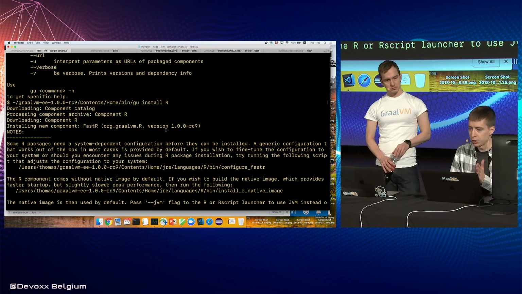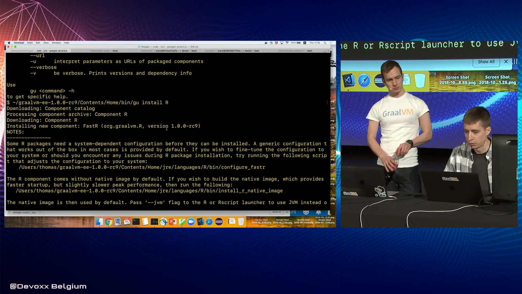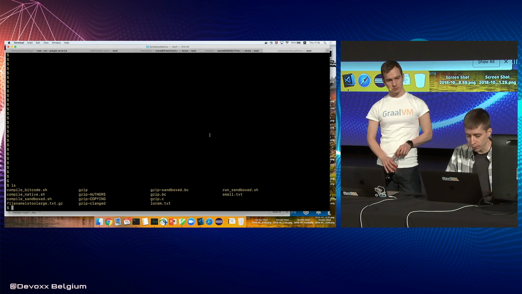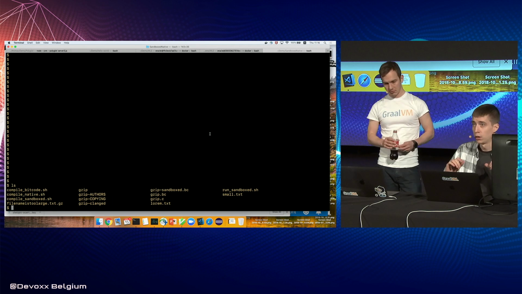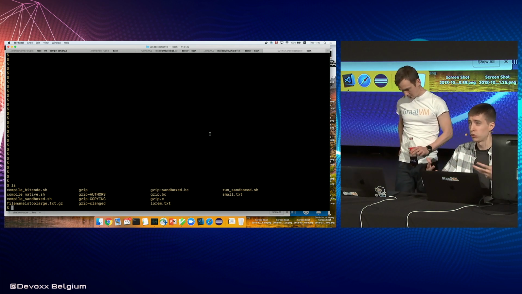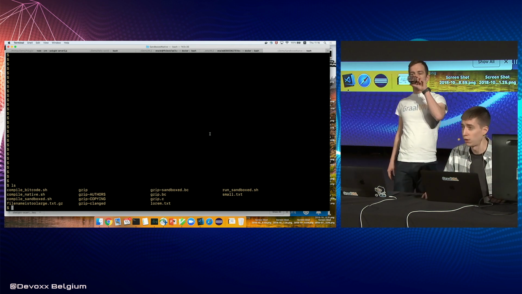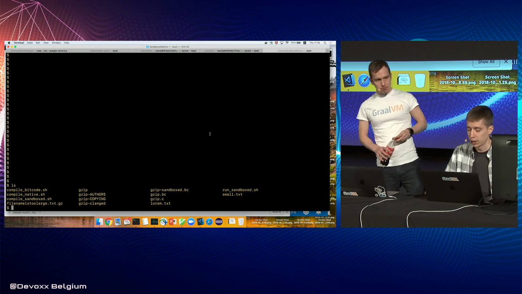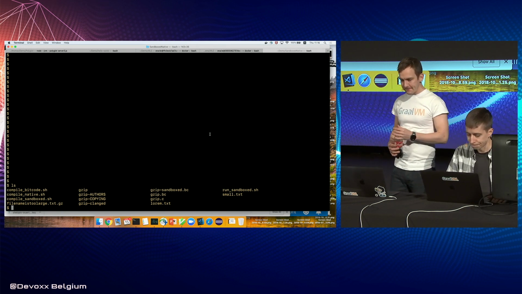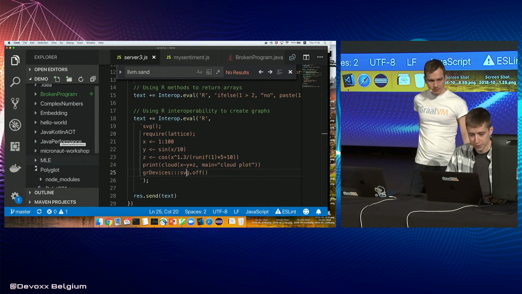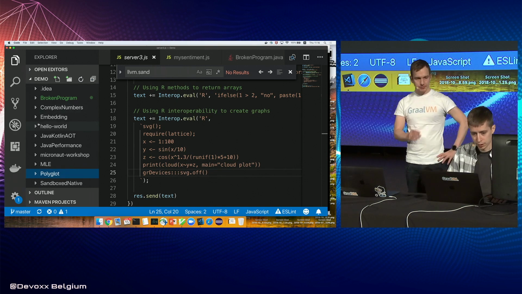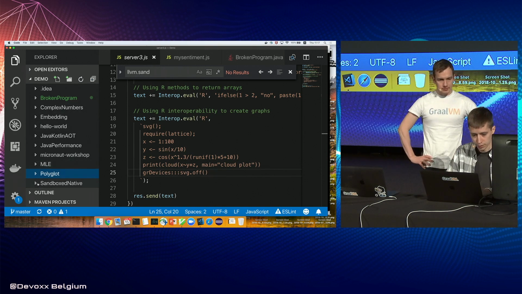So in addition to all this R, Ruby, and JavaScript and all these things that you can run, we can run also LLVM bitcode. And one specialty we have is that we can run the LLVM bitcode sandboxed, so with bounds checks. Because our compiler is very good at removing bounds checks because it is doing that for Java all the time. And so we figured that maybe we also want to run C bounds checked. And so the little demo that I have here for this specific aspect is on sandboxed native